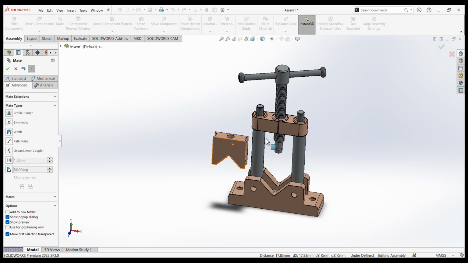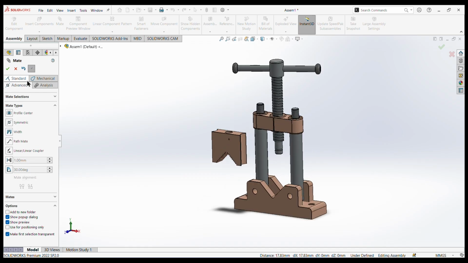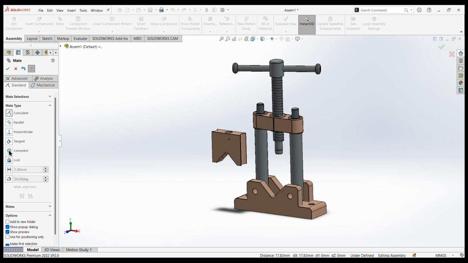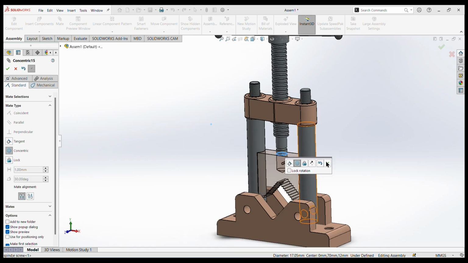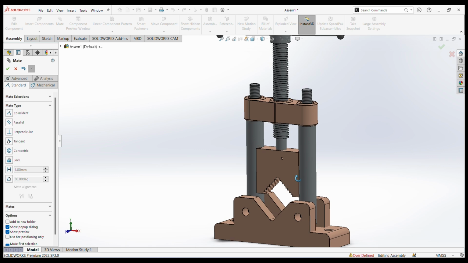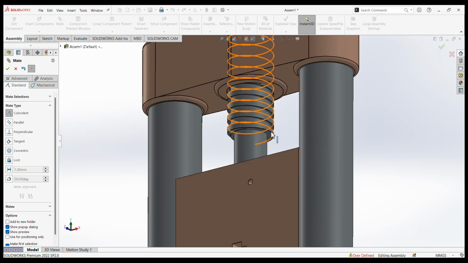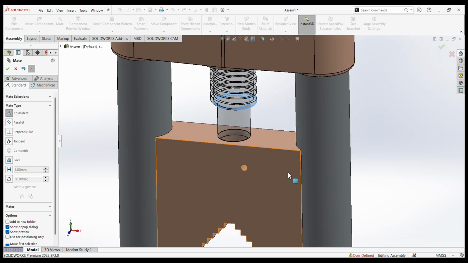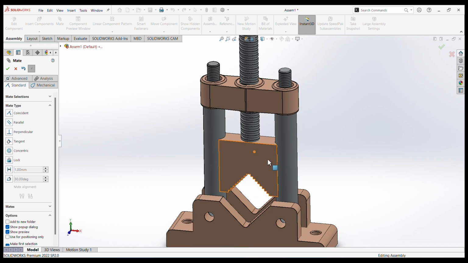Okay, now we are going forward and make concentric. We go to advanced, go to standard, select concentric, select this face and make it concentric with this one. Okay, now we can make it fixed. Select the coincident command and make this surface coincident with this one. Okay, now look here,